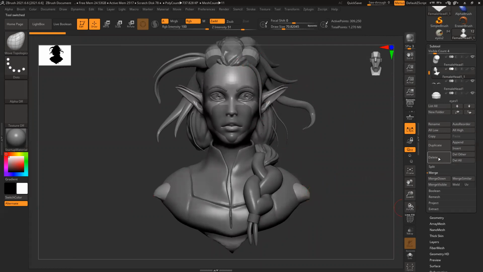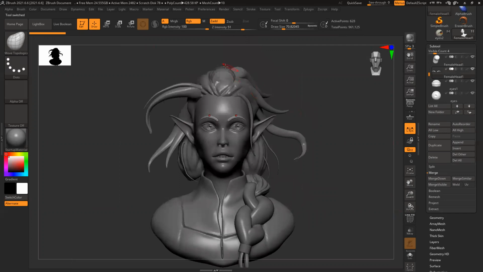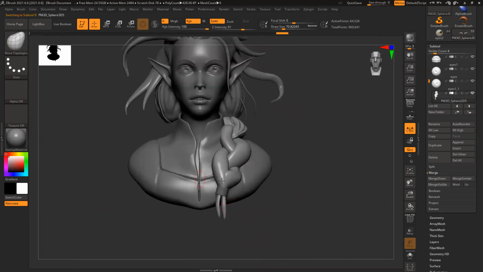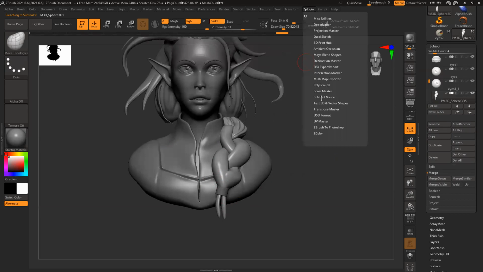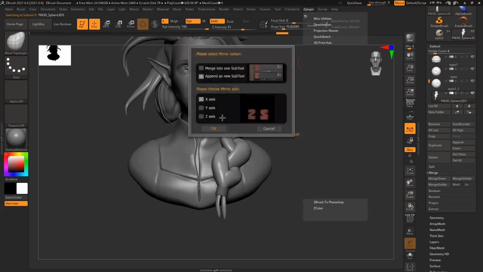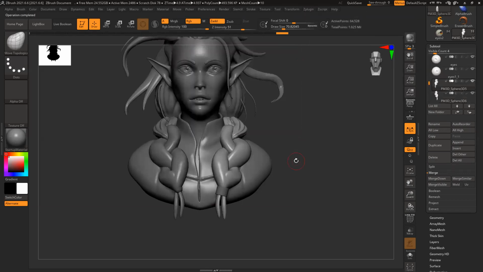What is this? And now we have this thing. So if I want, I can symmetry this thing very easily. So Subtool Master, mirror. Okay, let's keep it separate only.